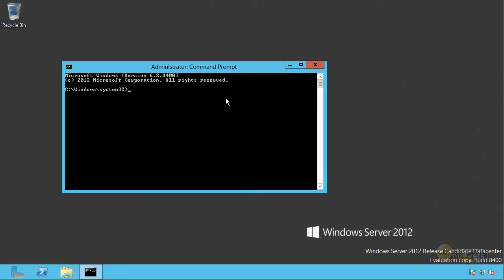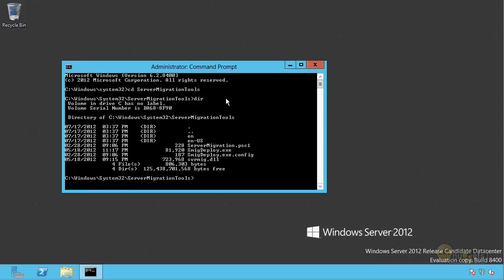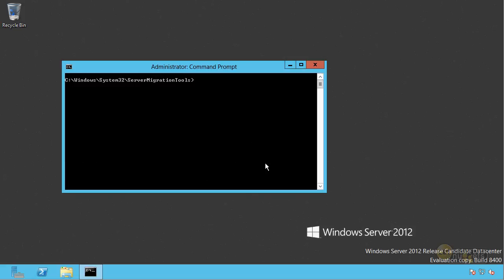The next thing we do is we need to run a utility called the server migration deployment executable. So I've got to change to the correct directory, and that would be CD, and then I think it's server migration tools. There it is. I'm using tab completion to fill the rest of that out because I'm too lazy to type. And then I do a dir, and we see there's the tool I'm looking for, smigdeploy.exe. Okay, so I'm going to clear the screen here, and I'll type in what I would need to do to make this work. I'll type in smigdeploy, and then package.